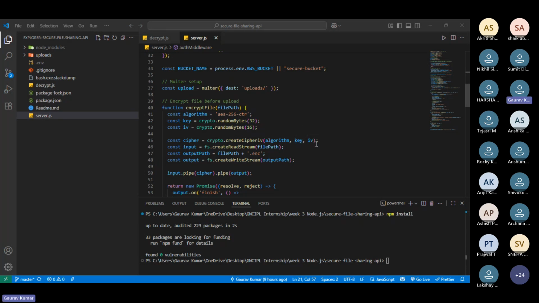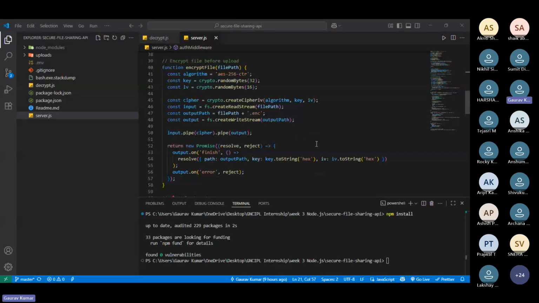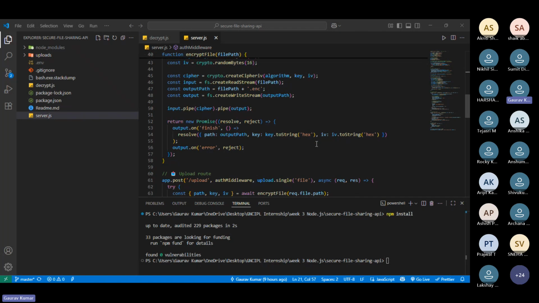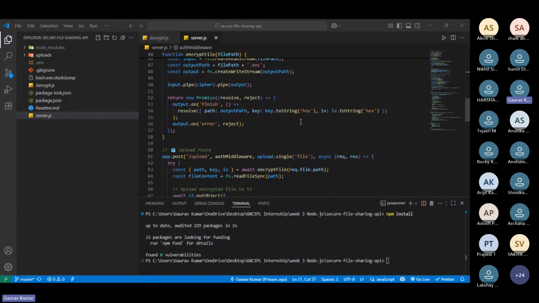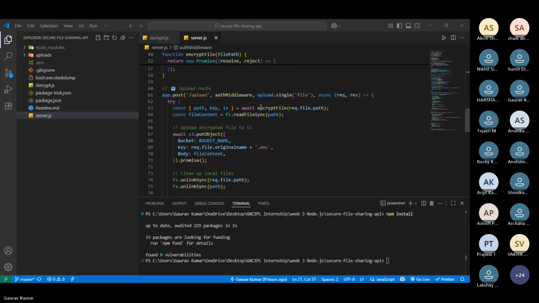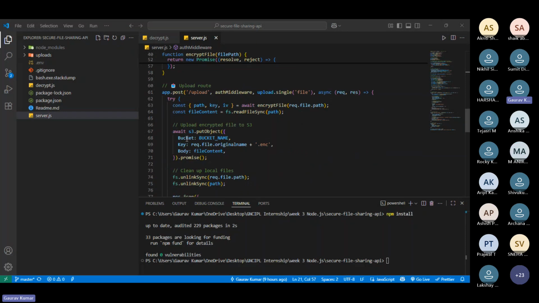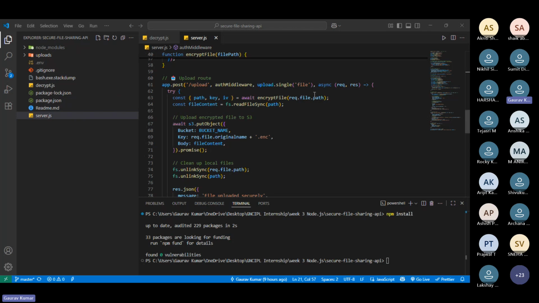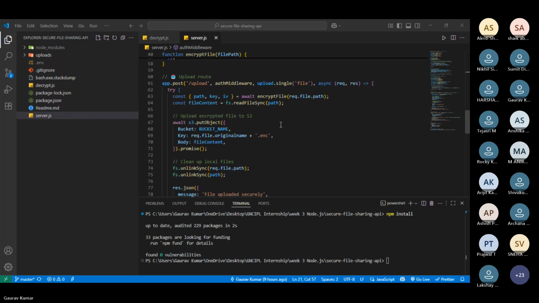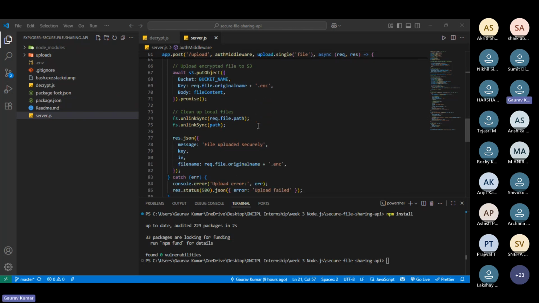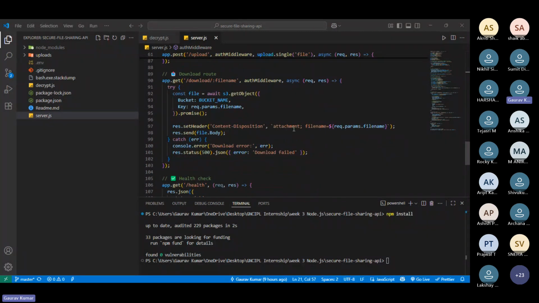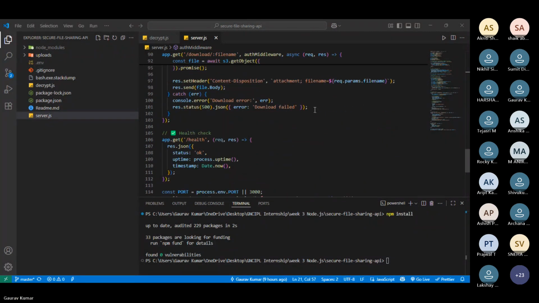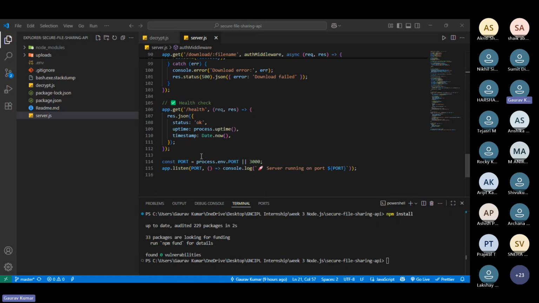In Postman I can show why the key and IV are used. This is the uploading section, how to upload a file from which folder, and every file is encrypted data. This is the downloading section, how to download, and this is the health checkup. It's working on localhost 3000.